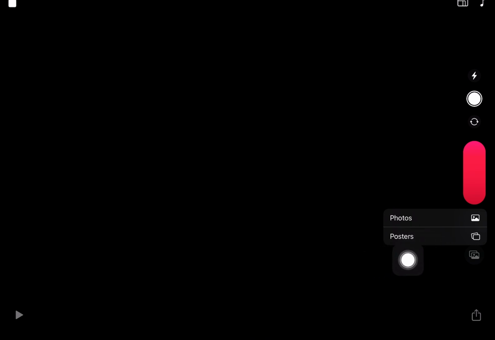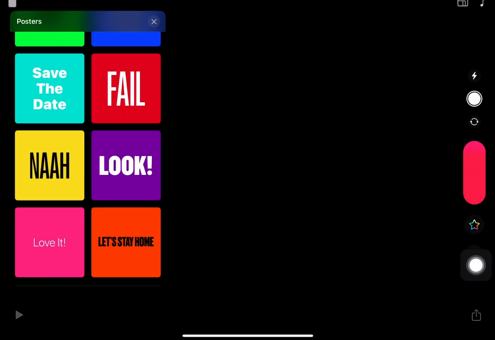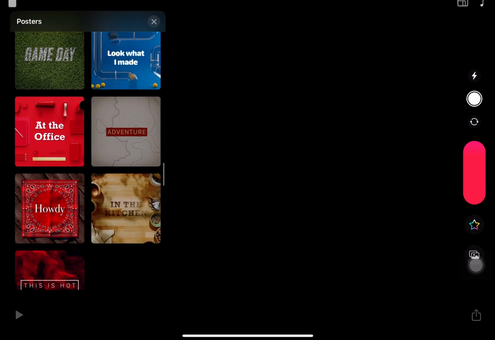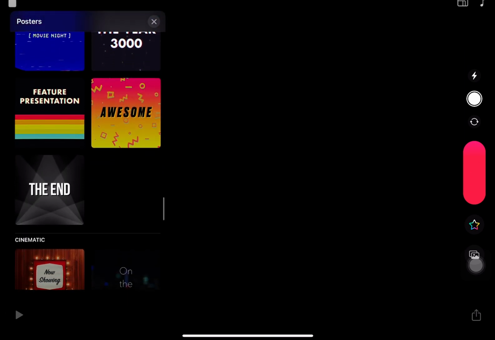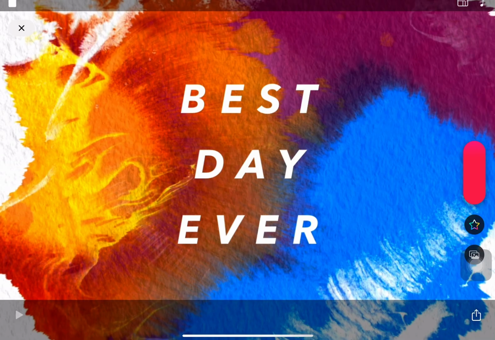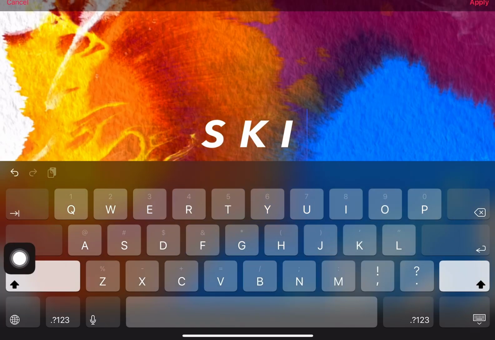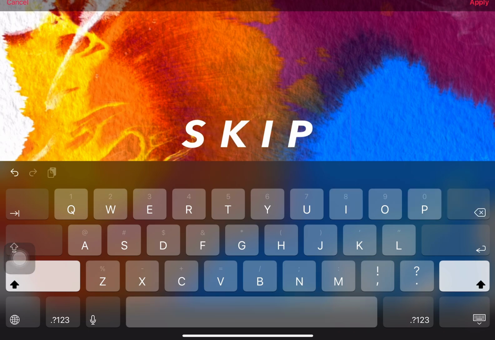Today we're just going to start with posters and use the posters to create and build layers, adding animations and text. So you're going to tap on the mountains, you're going to choose posters. From here we can see we've got basic posters, and as we scroll through, they're in different categories with really cool animations. Let's choose an exciting one to start with. Tap on the one that you want, tap on the text, and from here you can use dictation or simply type in your title. I'm going to type in skip counting,